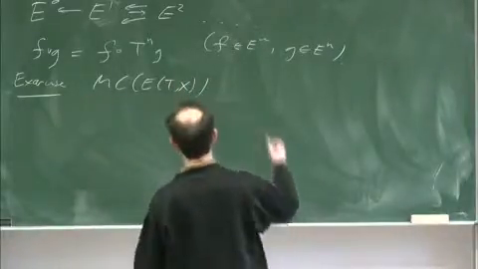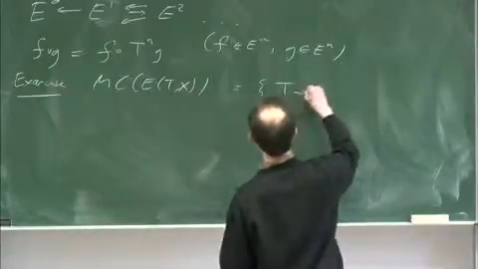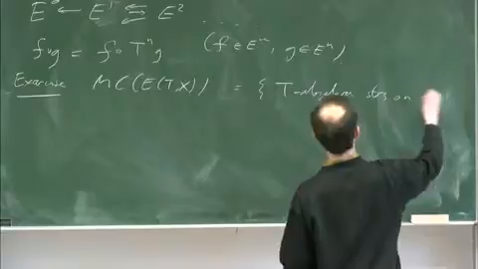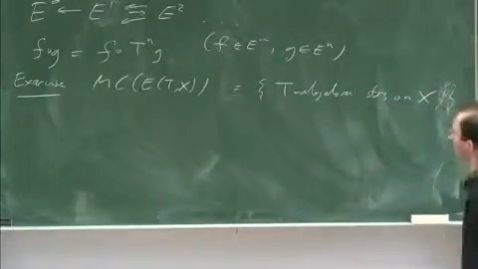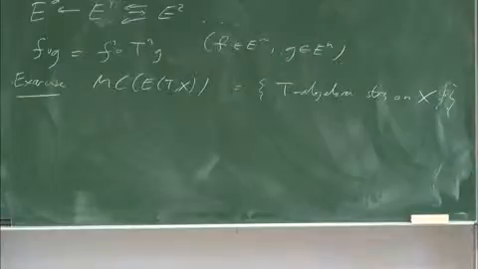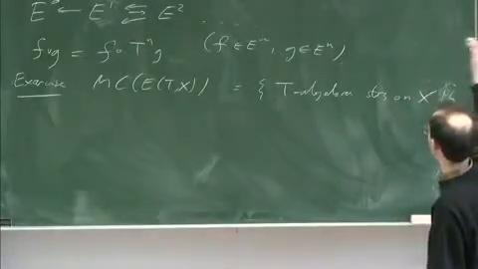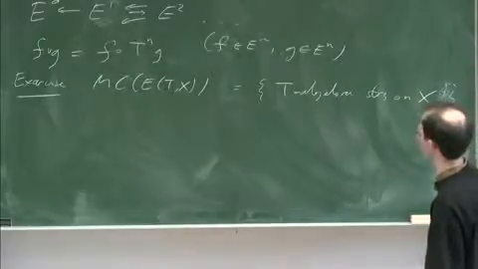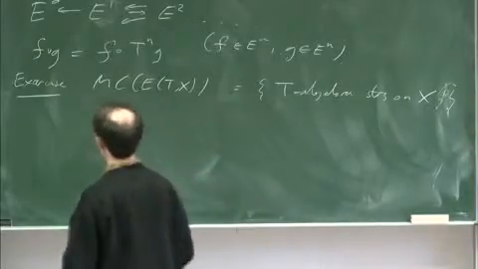Maurer-Cartan elements of this just correspond to T algebra structures on X. And it's just, it's a definition almost. So a T algebra structure is a map from TX to X, satisfying exactly the two conditions we've got for the Maurer-Cartan set. And now,